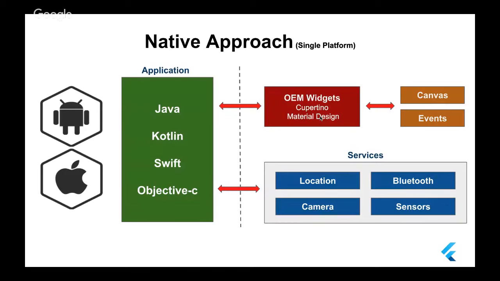If I use this approach, what are the benefits of using the native approach for developing an application? First, you have full support because you are using the same language that the operating system uses. Next is full support for any hardware, and you communicate with the operating system directly for the same reason. Third, you have great performance because you are using the native language that the operating system uses. And the fourth thing, you are using the original user interface that the operating system uses. What does this mean?